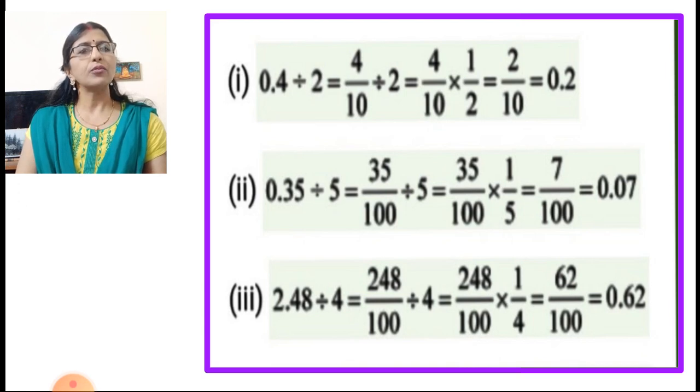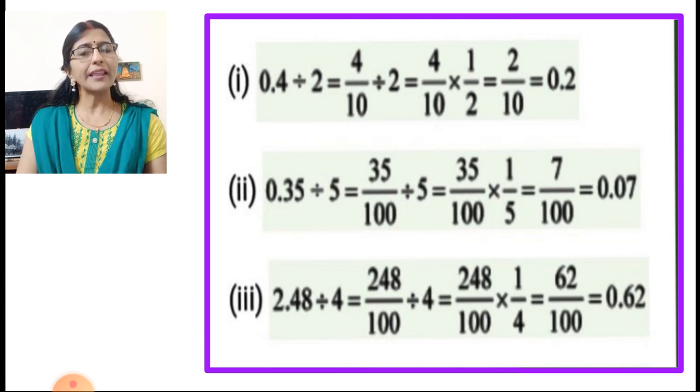Now here 35 and 5 you can reduce. 5 7s are 35. So here 7 is written in the numerator place. In the last step you can see 7 upon 100 is written. Then you will have to convert this into decimal fraction. As 100 is there in the denominator, the point will be shifted to the left by 2 places. One place is occupied by 7, so we will add one 0 before 7 and give the decimal point. And before the decimal point, remember we can add one more 0. So the answer is 0.07.